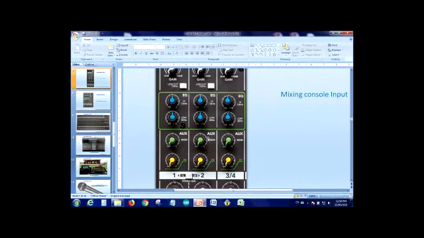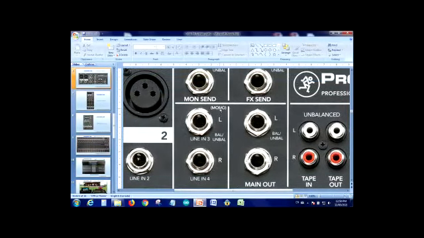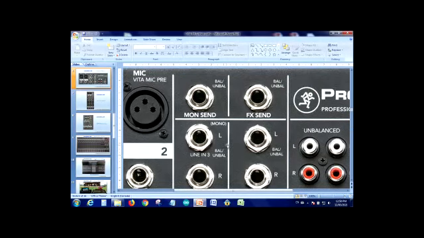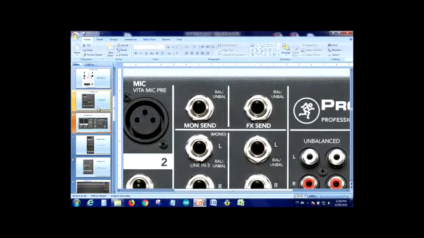So each individual signal can send just individual amount of signal to the outputs right here. Okay. So this would be the monitor, and yeah, it will be the monitors. So you just use the mono, or so 3 and 4. Let's see, here is the 3 and 4 channel here. Let's take a quick look at the main